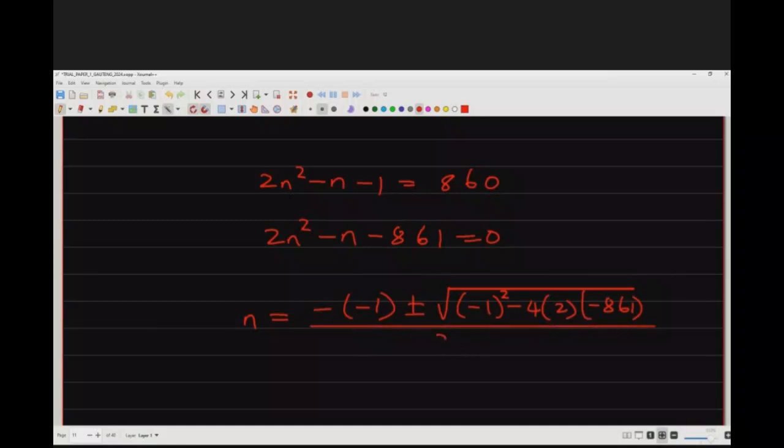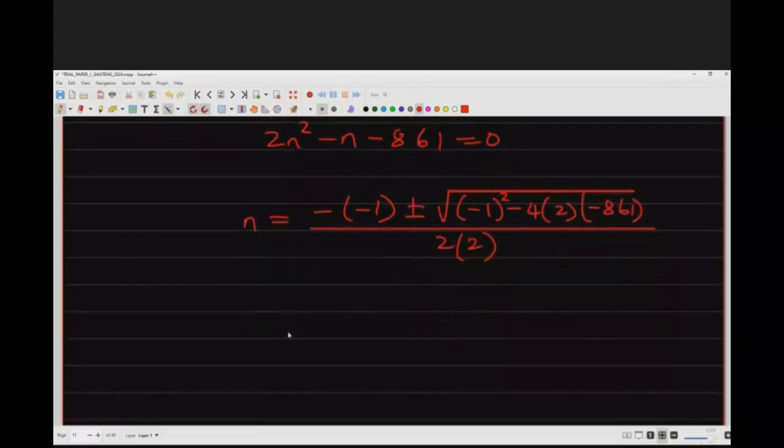And this is divided by 2 multiplied by 2. And this is going to be n is equal to 21, or n is equal to minus